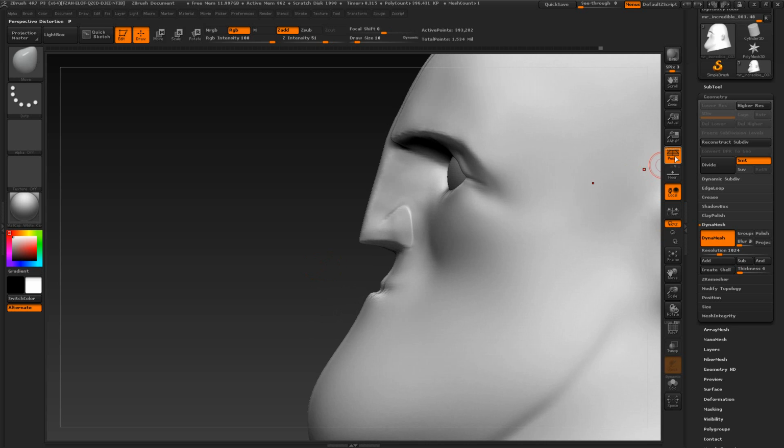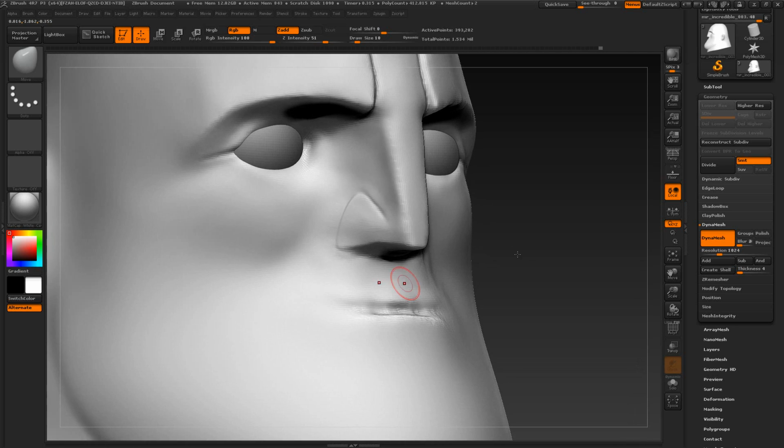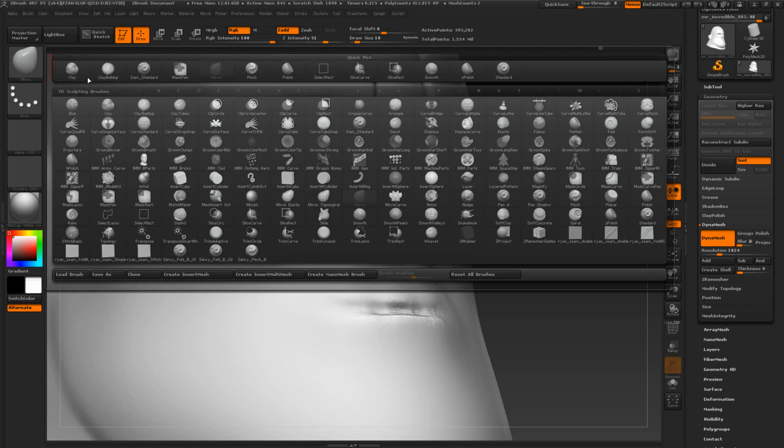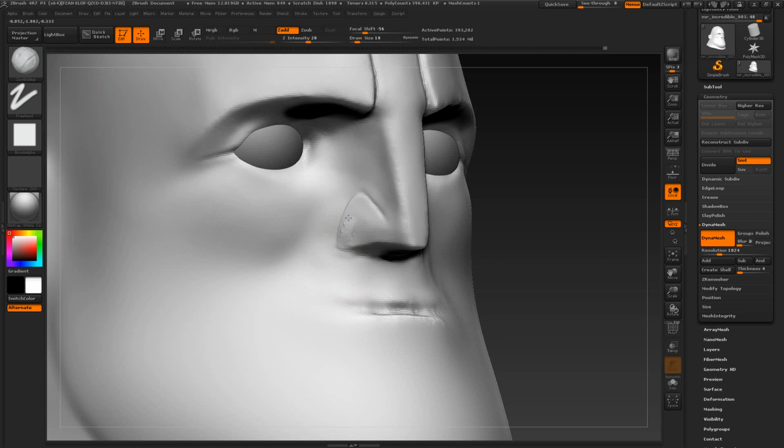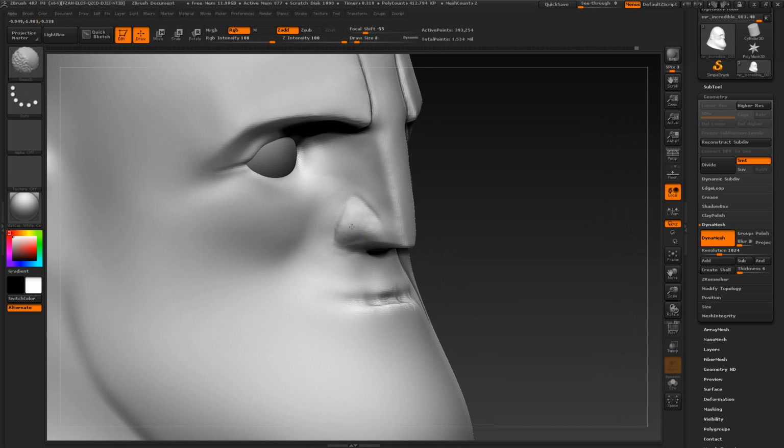Maybe it doesn't go outside as much. Just bring it back, and this should be quite sharp. But again, I think I want more volume on the nostril here, so let's increase that, like so. A bit more volume here on the nostrils. And yeah, I kind of do want to add one level of subdivision,